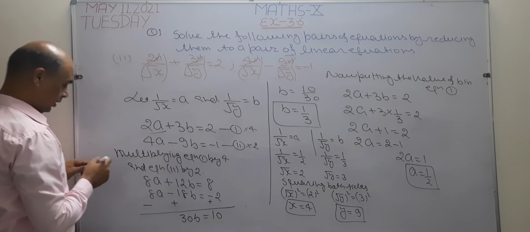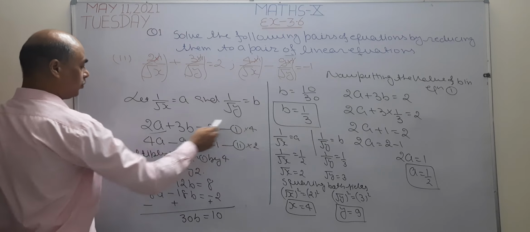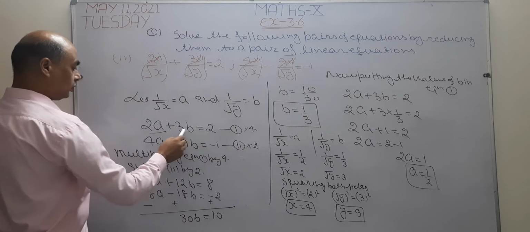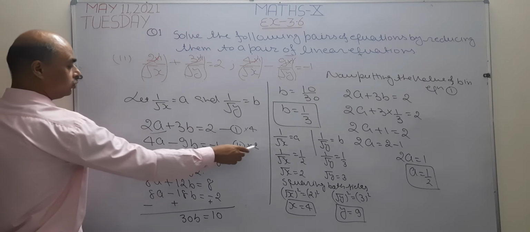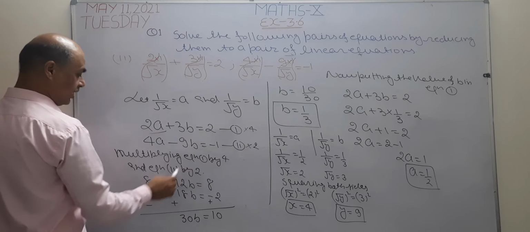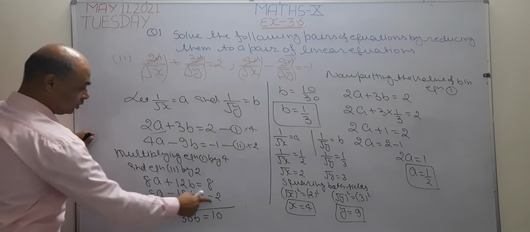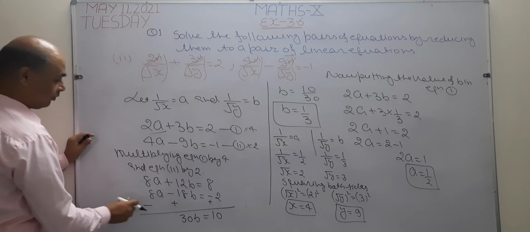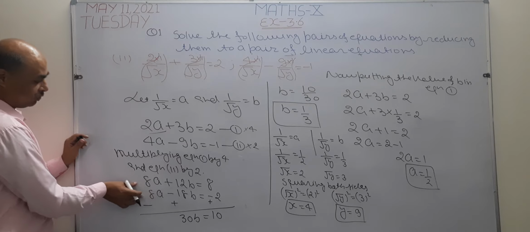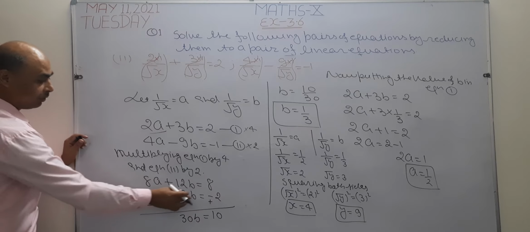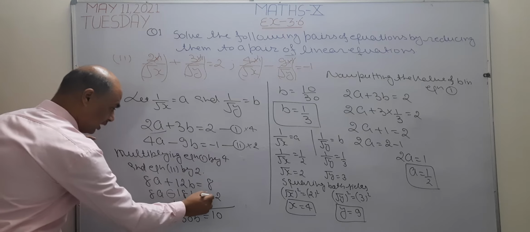Okay? Now see, when I multiply this complete equation by 4, this becomes 4 2s are 8 and 4 3s are 12 and 4 2s are 8. Similarly, second equation reduced to 2 4s are 8, 2 9s are 18 and 2 1s are minus 2. Now, see, I am going to subtract all the terms. Why? I am going to subtract because both the terms have the same sign. When they have the same sign, we have to subtract them. So I write plus minus, minus 2 plus and minus 2 plus.